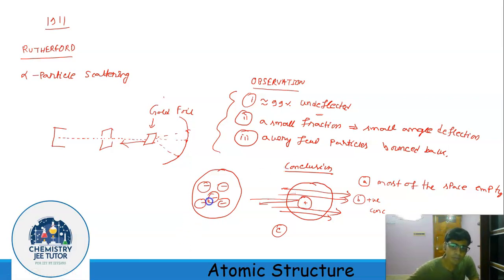So Thomson's plum pudding model was not able to explain Rutherford's alpha particle scattering experiment. The results of Rutherford's alpha particle scattering experiment discarded Thomson's plum pudding model. So Rutherford then proposed a nuclear model of an atom. However, the major hypothesis of his model was that